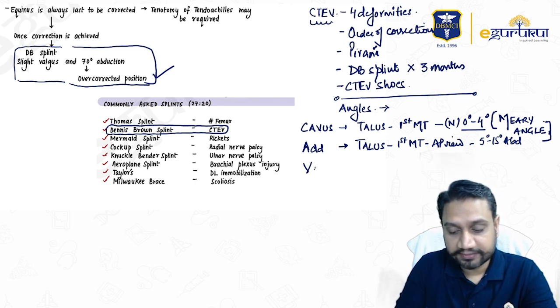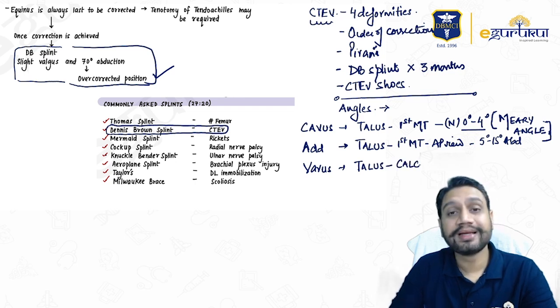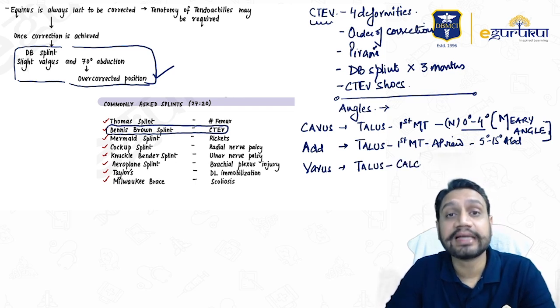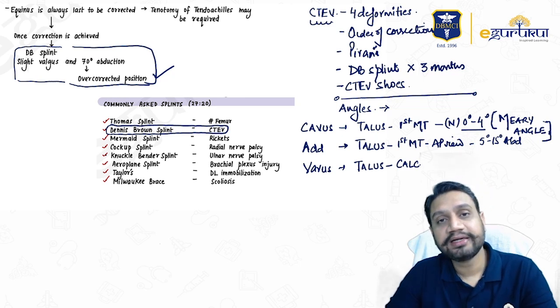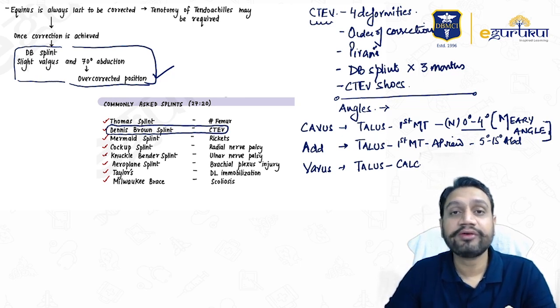Third, we said is varus. Varus means the calcaneum is deviating. So what we measure is the angle between the talus and the calcaneum, which is known as the talocalcaneal angle or the Kite's angle. In the AP view and the lateral view, the broader range is around 25 to 55 degrees.